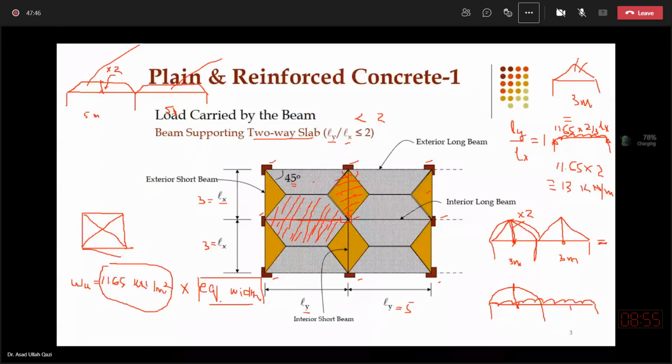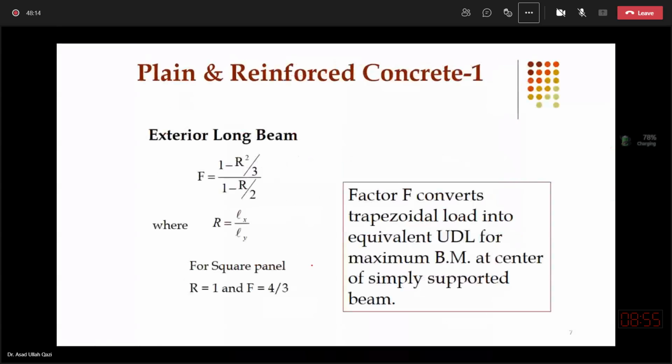You will get exactly the same answer if you use this equivalent width. And in the derivation, we have discussed this calculation of 2 by 3 Lx. And if it is an exterior beam, it means it is Lx by 3, one triangle. And for trapezoids, the derivation finally tells us that if it is an interior